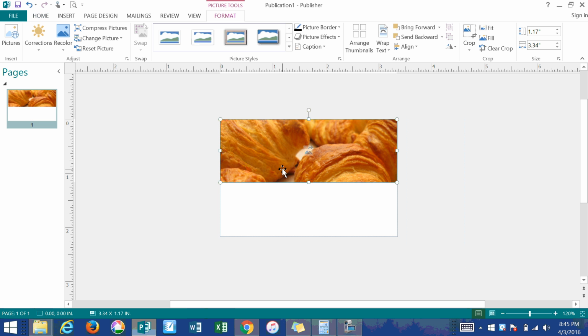Now I can't see my text. I had some text there. I'm going to send it backwards. There we go. And I'm going to have to probably play with my text to make it pop out a bit better. This picture is a bit dark in places, so it's going to be hard to read when this is